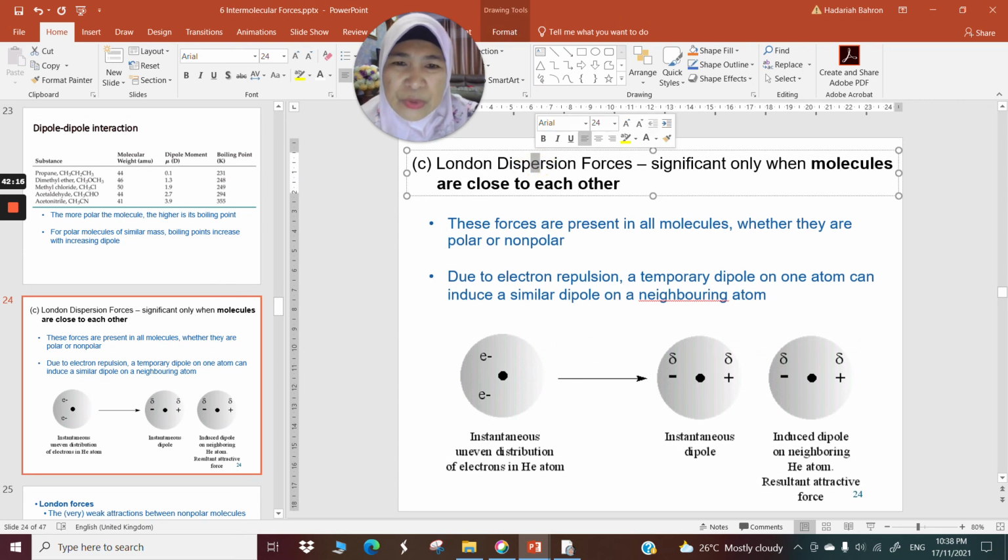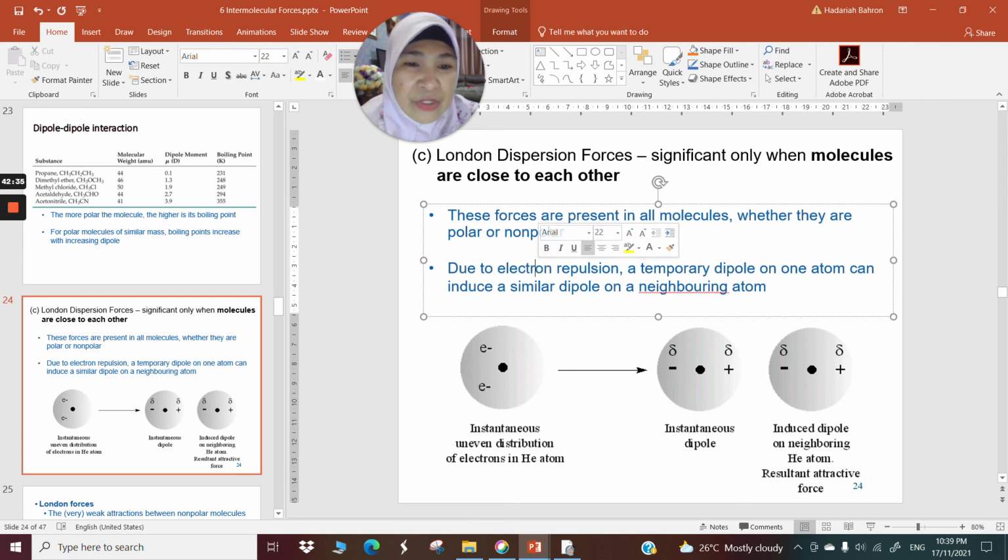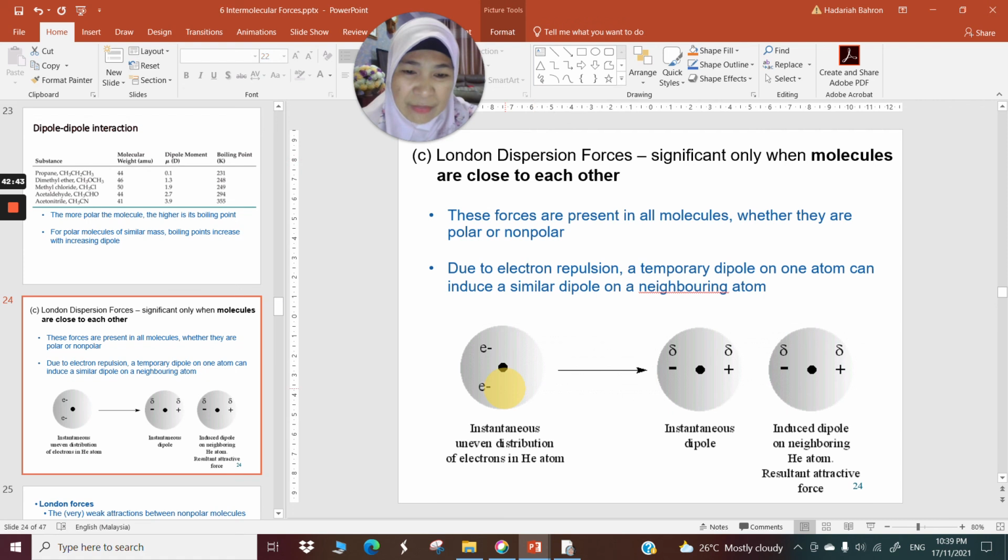As I told you earlier, the London dispersion forces become significant only when molecules are close to each other, in close proximity with one another. These forces are present in all molecules, whether they are polar or non-polar. Due to electron repulsion, a temporary dipole of one atom can induce a similar dipole on a neighboring atom. For example, if you have helium,